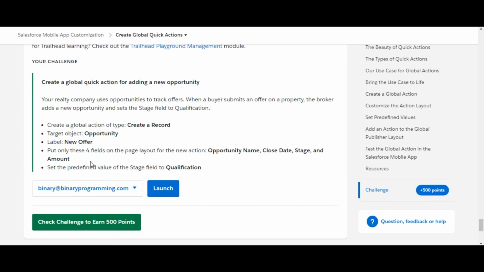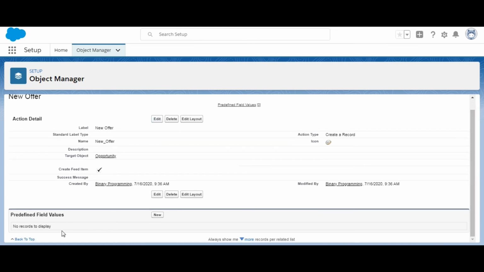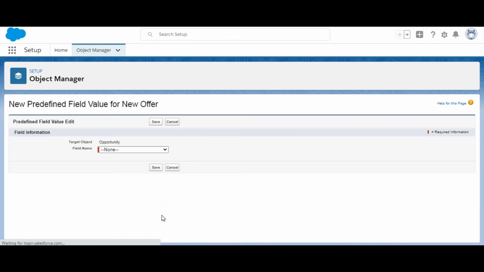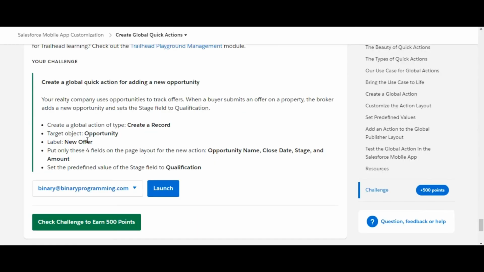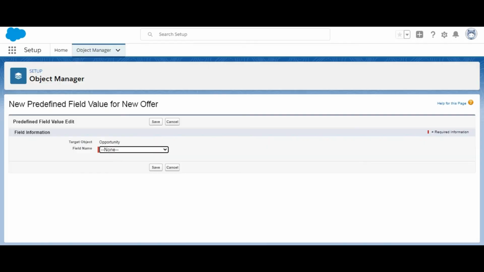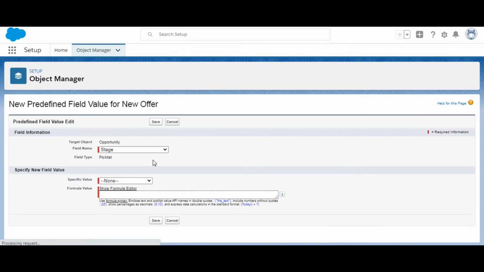The next step is to set the predefined value of the stage field to qualification. So we need to set predefined values. Here in this portion we will click on new, and from here we need to select the stage field, and a specific value is there.